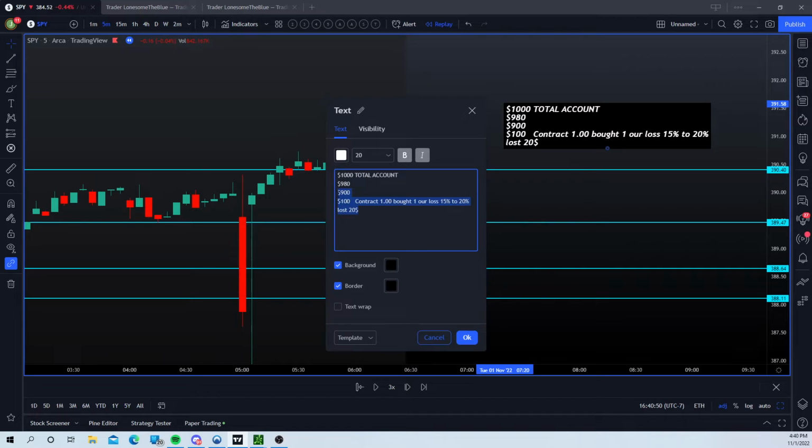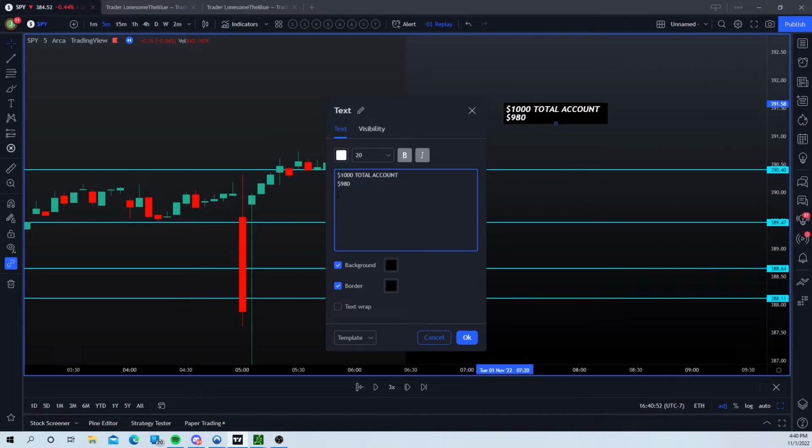So then guess what? This deletes because you bought calls and your calls got stopped out. So now you have $980. Your total account is now $980. Option power you will have left, option power level will be 900, right? Because you only used $100. So you still have another chance to do the same position.